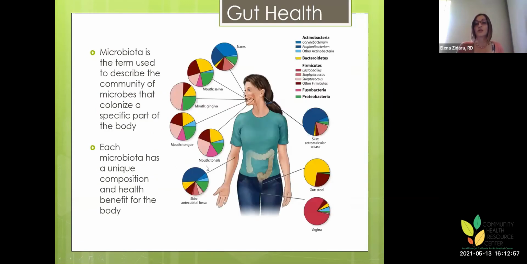So as I mentioned, I don't want to spend a lot of time here, but we're supposed to have bacteria from mouth to large intestine. Most of this microbiota is in the colon, actually, the majority of it, but we have some bacteria in our mouth, in our stomach, in our small intestine, and they're very specific for the part of the body where they should colonize. But the majority of it, again, would be in our colon.